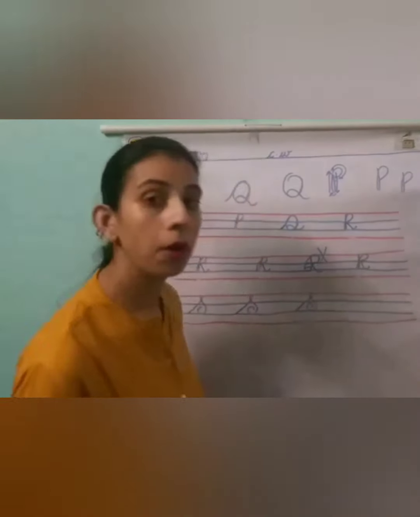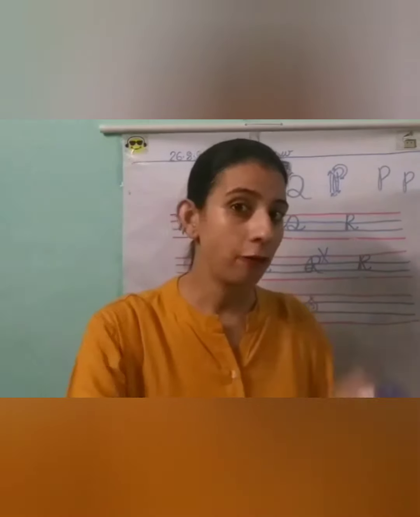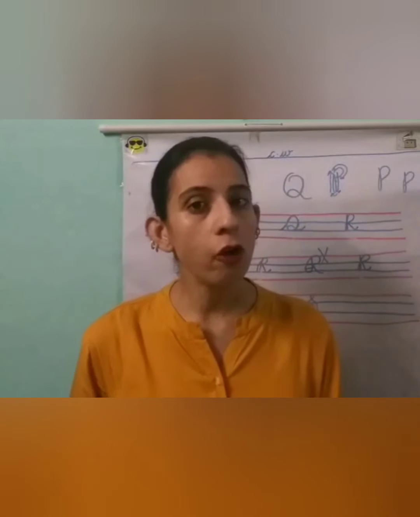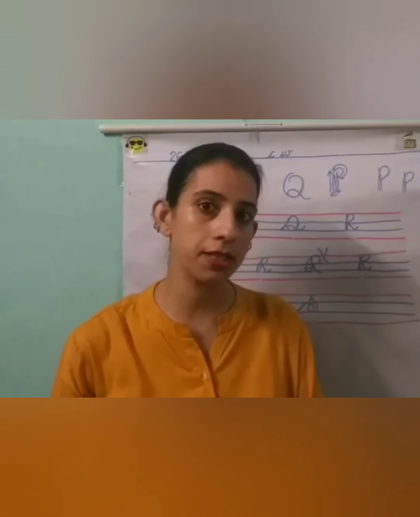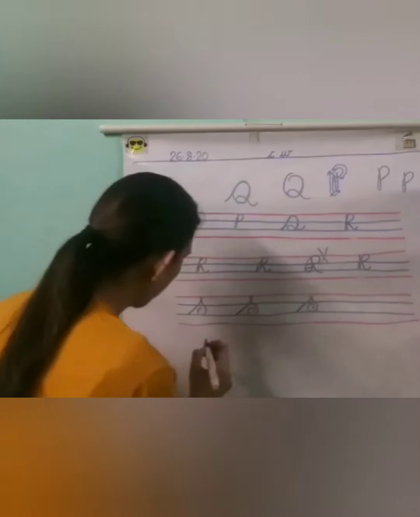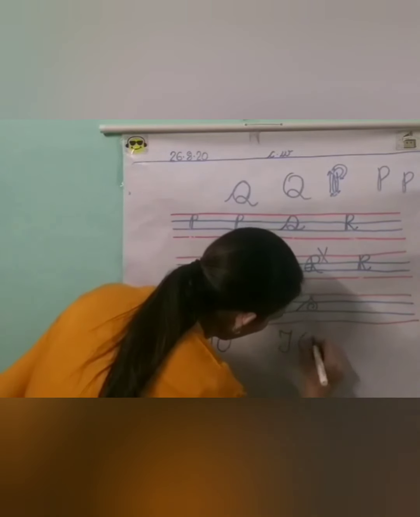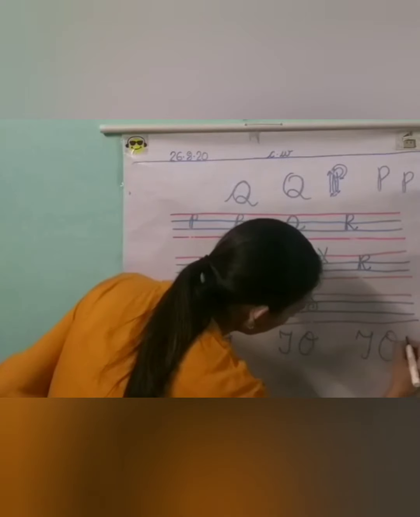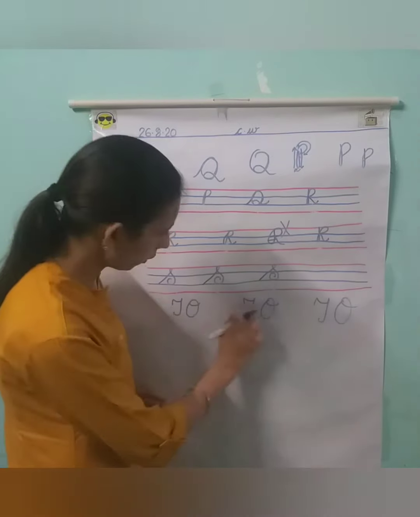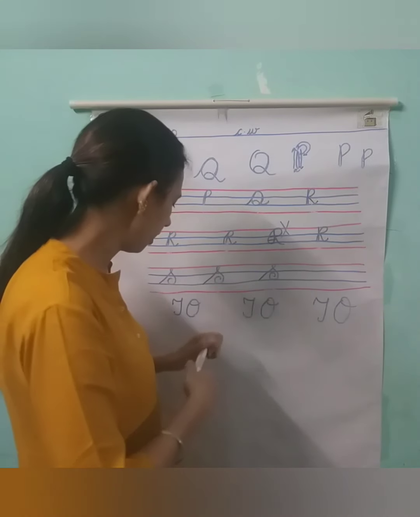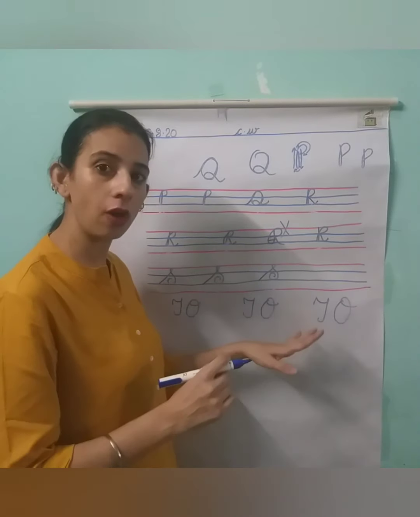Now we will do after, before and after numbers. Before means pehle. After means baad mein. For before we have to do backward counting and after we have to do the sequence counting. Alright. So everybody write TO2 in your copy. So children, you must have written TO2 in your copy. T means tens and O means ones. Now I will give you the numbers and you have to do it.